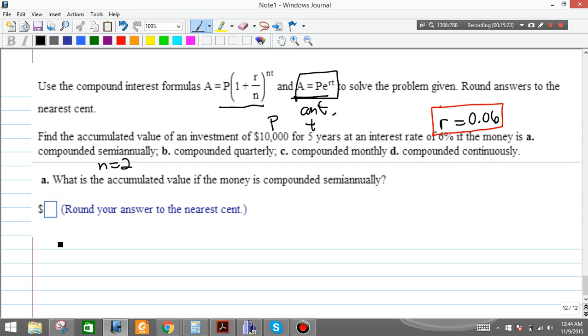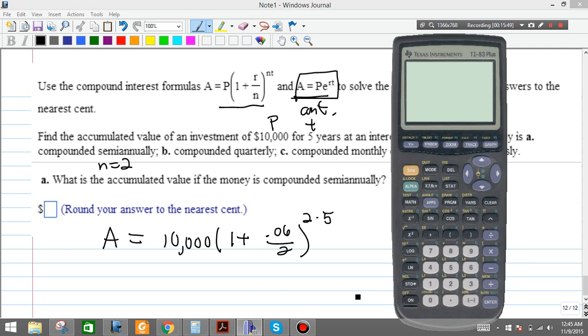So really what we're calculating for this first part, what's the accumulated value if the money is compounded semi-annually? So we're saying A equals 10,000, parentheses 1 plus the interest rate, 0.06, again in decimal form, divided by 2, raised to the 2 times the number of years, which is 5. And the real issue is, can we put this in the calculator? And so putting this in the calculator, you get very carefully